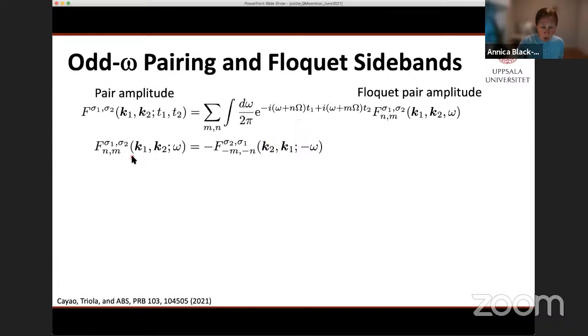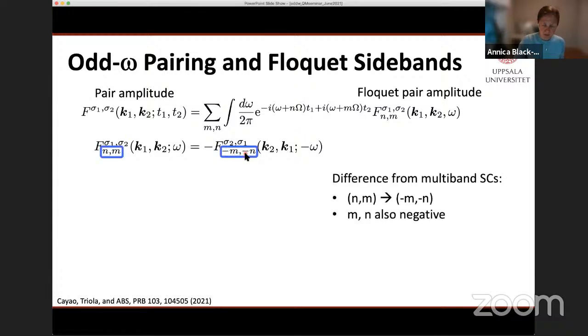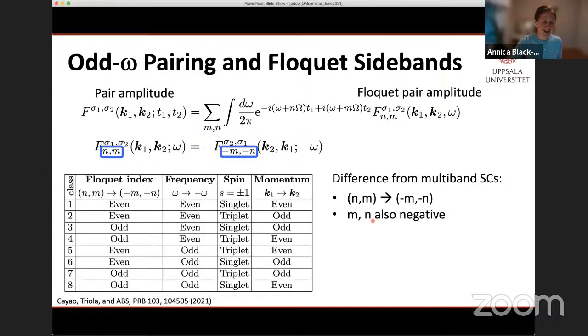But if you change all the indices around, you end up with a minus sign, but you end up not just exchanging N and M, but you also pick up a minus sign here. So that's different from what I talked about before in multibands, is the N and M goes to minus M and N. And M and N can also be negative because you have an infinite amount of negative M and N sidebands. So in total, you get a whole cadre of possible combinations of symmetries,